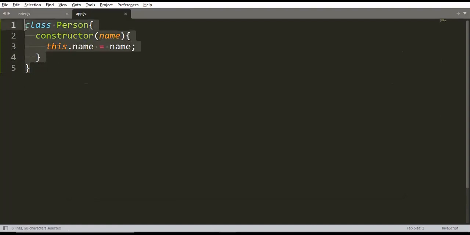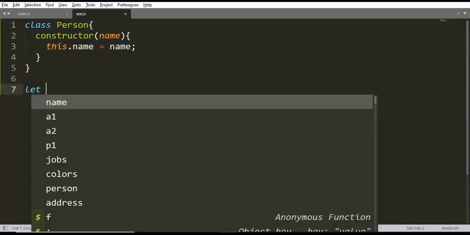Now, this is a class. But how can I store information about, let's say, me using this class? Properties or methods inside a class cannot be accessed directly outside. That means you need something to access those properties. You need an object which could access these properties inside a class.